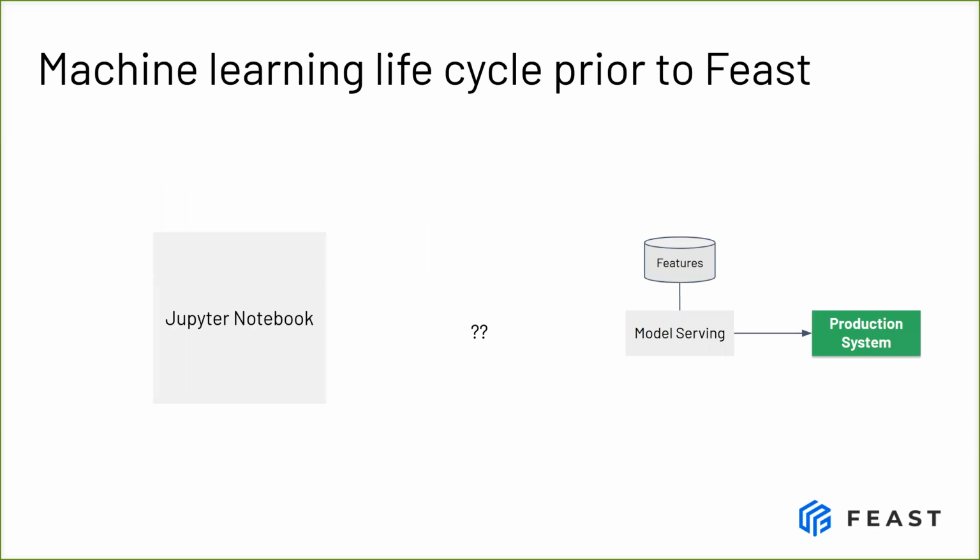So the machine learning lifecycle prior to Feast or feature stores is something like this. Some business, some data scientist in a company or some business person decides that data can improve some outcome for the business, and they're given a task of doing some exploratory data analysis, figuring out based on the data if they can produce a model that can eventually be shipped into production and become essentially a decision system within that organization. So what we often find is that the data scientist is the one driving the process, and they start